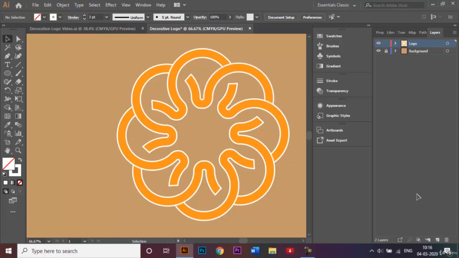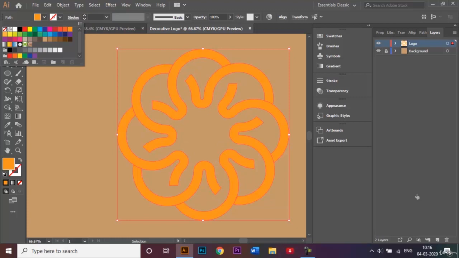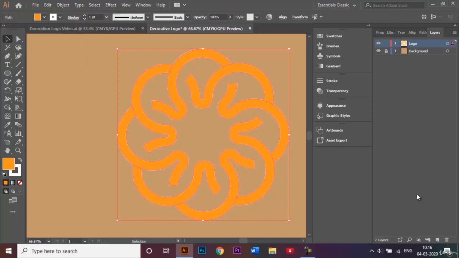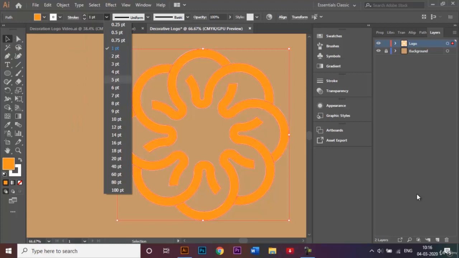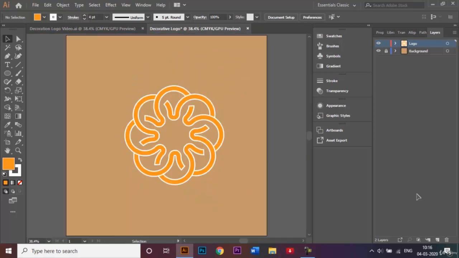So once that's done, we can go ahead, select all of this, and I'll go ahead and delete the stroke, and I'll probably let the stroke be there itself. I mean, I'm really liking the stroke, and let the stroke be 4 like that. So once that's made, we can select all of them and go ahead and also scale this logo a little bit more bigger